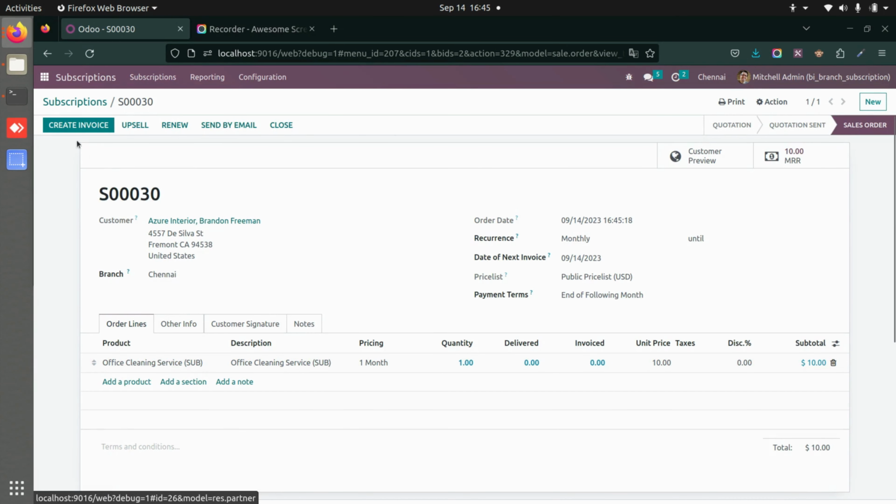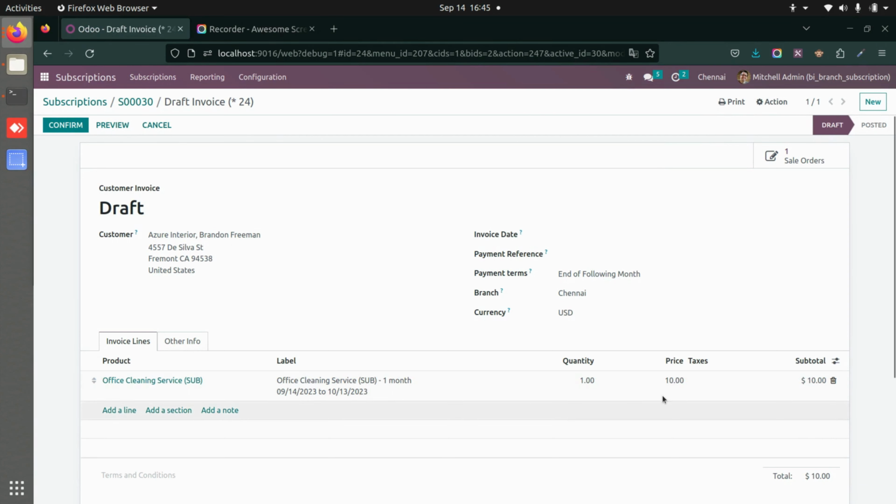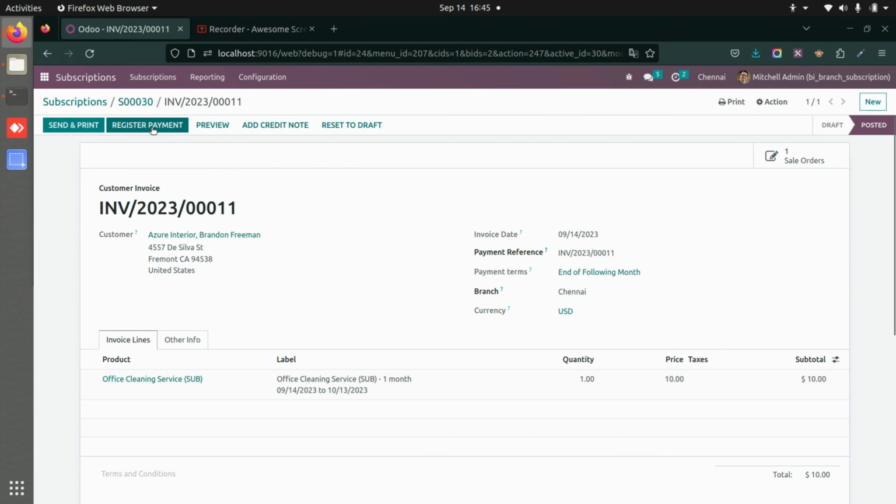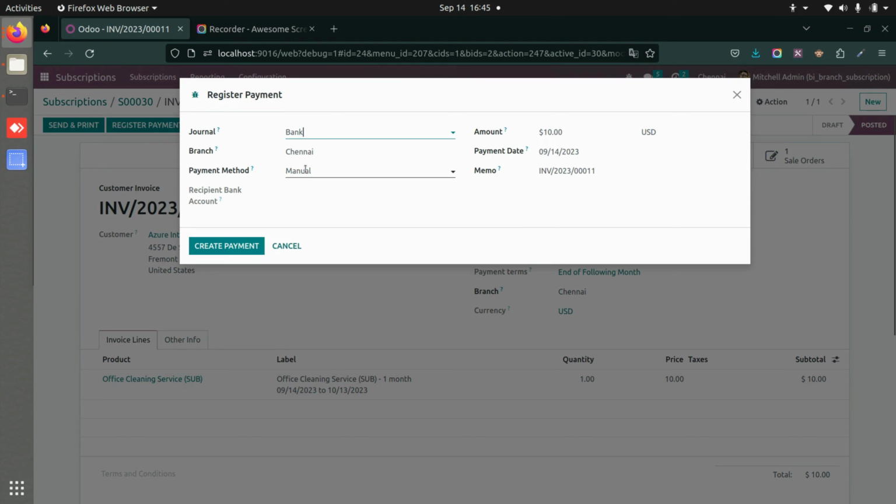Now this is done. Let me create an invoice for this. The invoice has been created, and you can see the branch is also mentioned here as well. So let me confirm this. We can register the payment, and while you're registering the payment, you also have the branch visible here, so you know this is for a particular branch. You can create the payment,